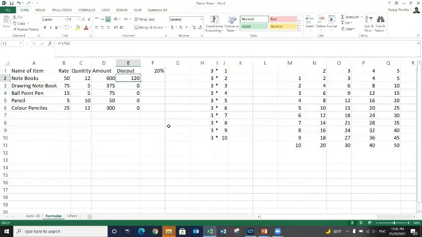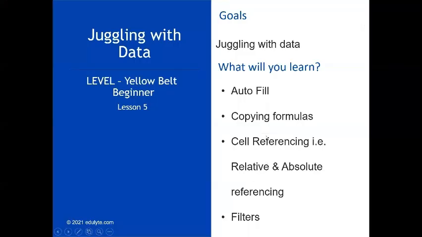So now in order to correct this formula, what we need to do is we know the value is in F1, which we need to multiply by all the amounts. So what we will do is here we will press F4 to put a dollar sign. So now my formula has become $F$1 multiplied by D2. And if we drag this formula, it has calculated the discount for all the amounts. So this is what cell referencing is and how we can copy the formula in Excel.